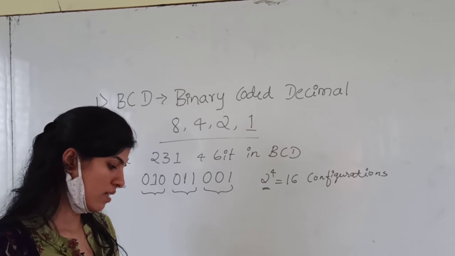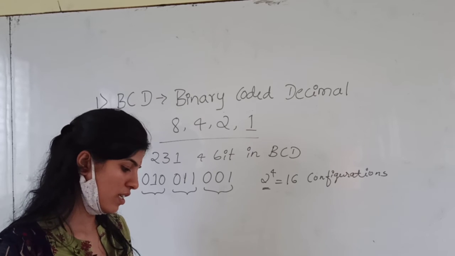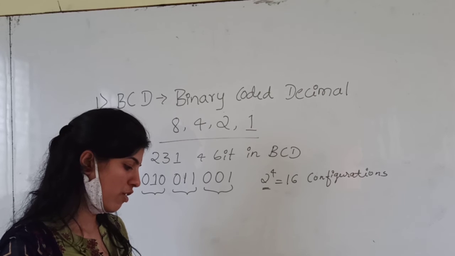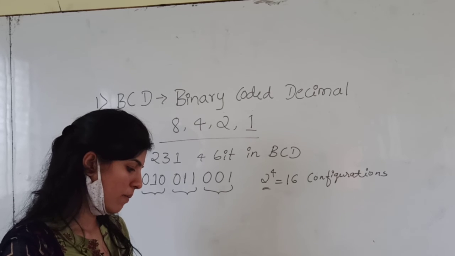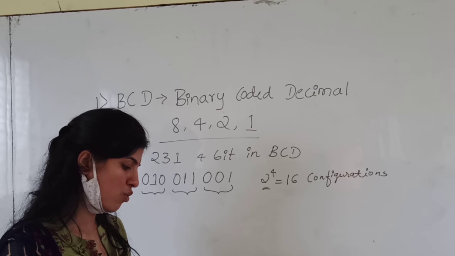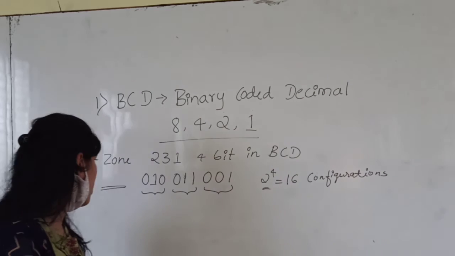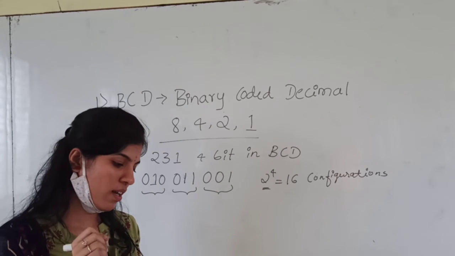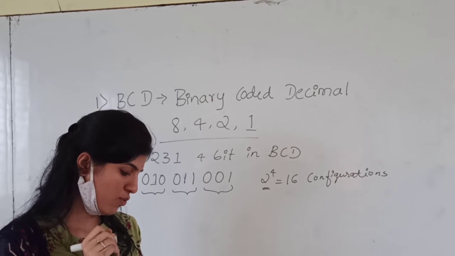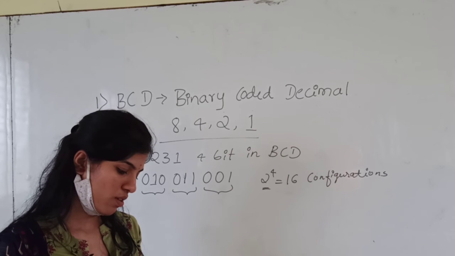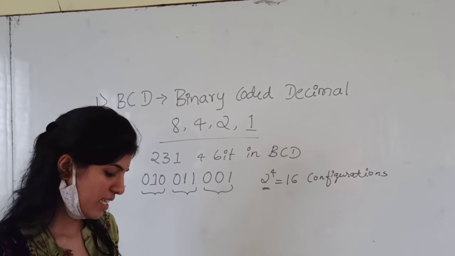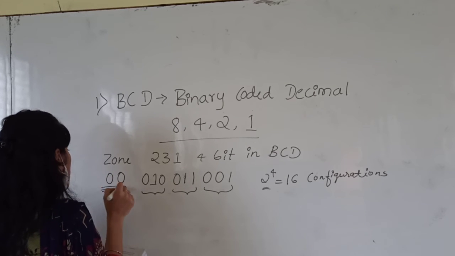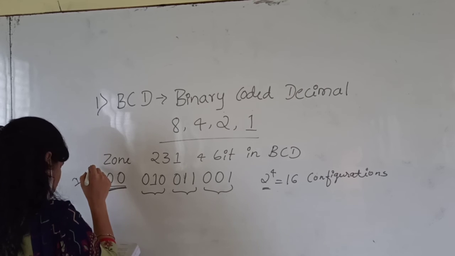Just see the tables of BCD codes in your textbooks. They write a zone table for particular characters, means A to I characters have the zone 0 1. This zone table will be fixed for A to I characters, and for J to R it is 1 0, and for S to Z it is 1 1, and again for numbers 1 to 9 the zone position will be 0 0.